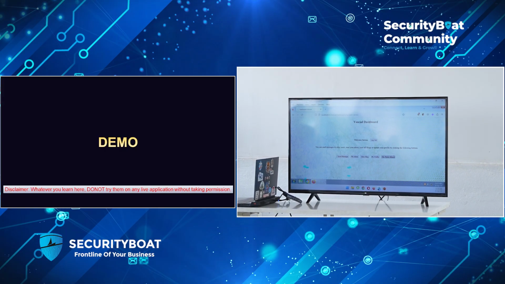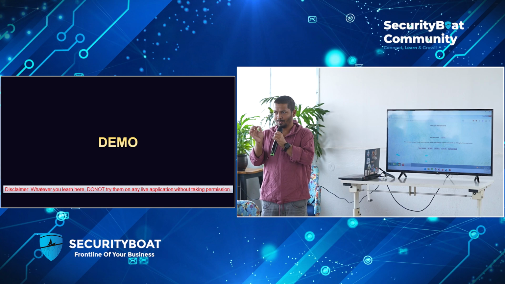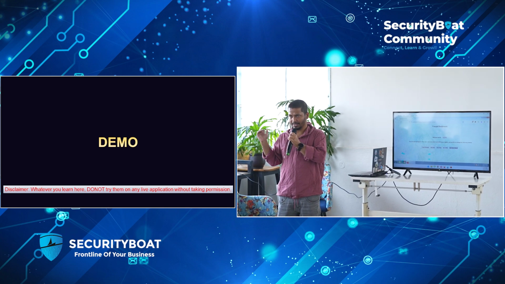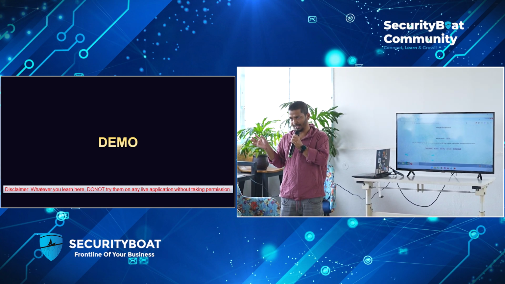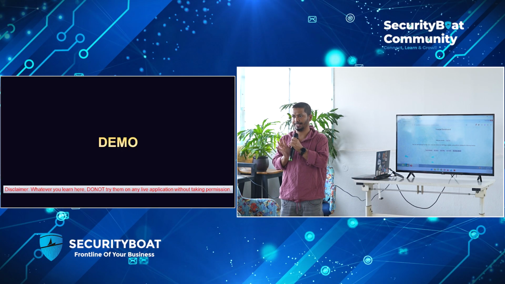Authentication bypass is the first thing we talked about: login mechanism, username, password, right? One quick piece of information from real world scenarios: 40-50% of account compromises happen because of leaked credentials.